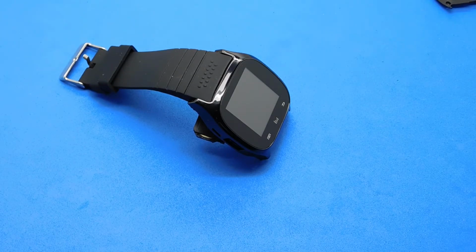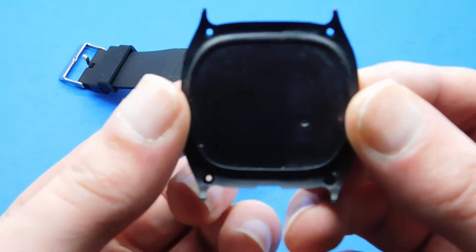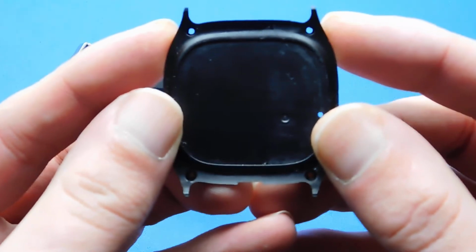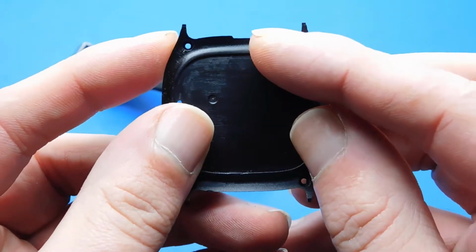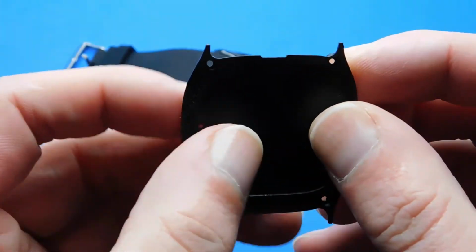So on this watch there is no reason to take off that metal cover. You can just unscrew the whole back plate and it'll come off with the 4 screws, which are in the corners obviously, as you can see through the holes there. 1, 2, let's just see if it'll focus. 1, 2, 3, 4, and then in the middle you can see the lift hole just on one side,